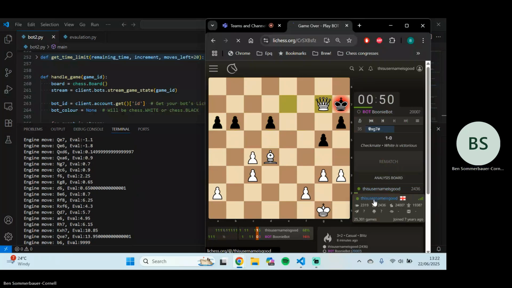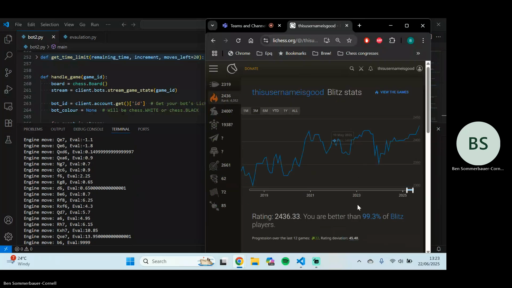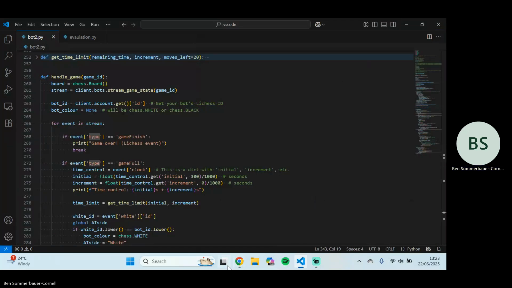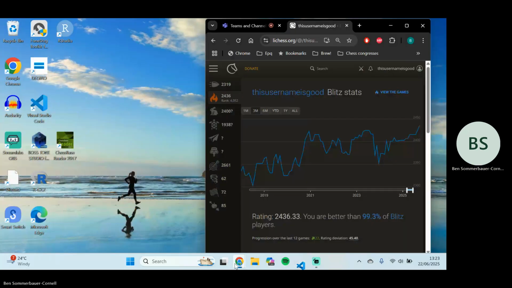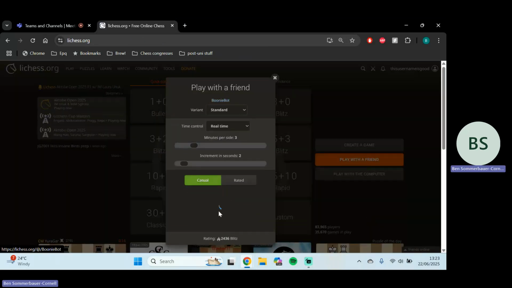I'm what, 10 players. I'm not a terrible blitz player. But I'd recommend giving my bot a go because it's always online. I can close this. I hope it should still be online. Yeah, still online, because it's not being hosted on my laptop. It's being hosted on